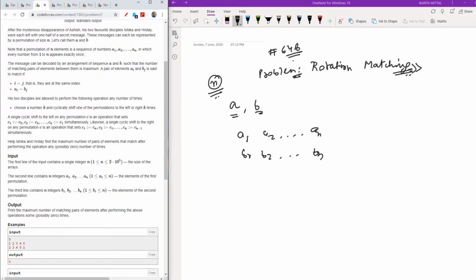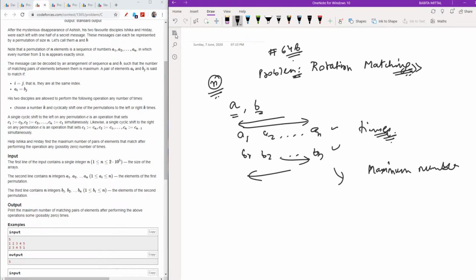You can shift clockwise, right, or left, any of these arrays. And after shifting, you need to check the maximum number of elements which can be matched.